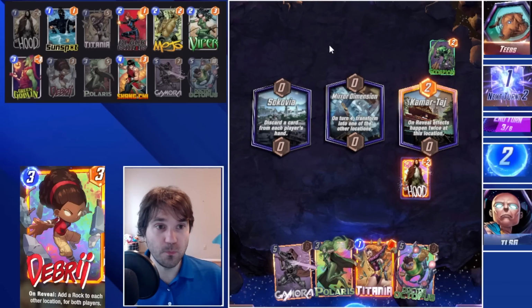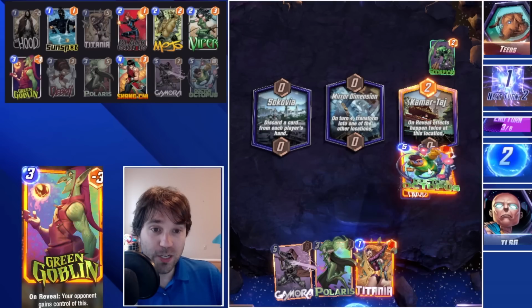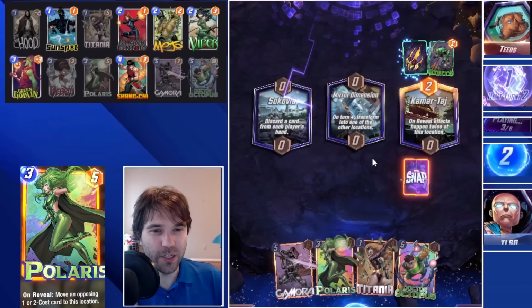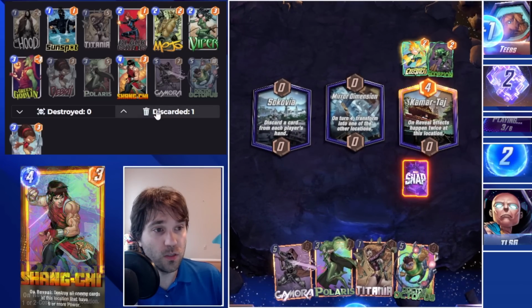But we discarded our debris, so we can't get debris to clog their board. We could do the Doc Ock to force them into having Kamar Taj completely capped out. Gamora could help us. We're going to do the hood here. That's going to give us a double trigger, and we're just going to fly with it. Ooh, so...